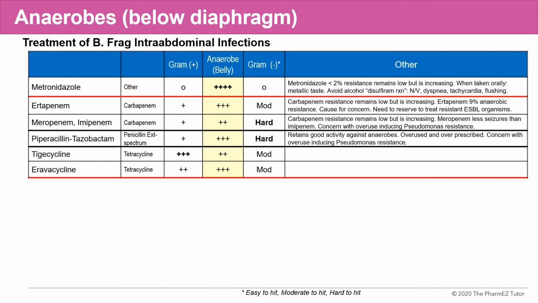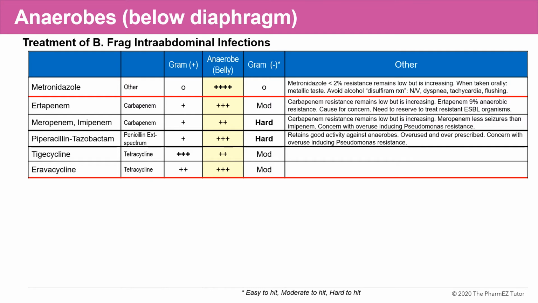For example, piperacillin tazobactam and meropenem imipenem are widely used antibiotics. These antibiotics are effective against Pseudomonas aeruginosa. However, inappropriate overuse of these agents, where Pseudomonas aeruginosa is not an organism that is causative, can lead to increasing resistance of Pseudomonas aeruginosa. For the other carbapenem, ertapenem, overuse can lead to diminished effectiveness against a multidrug-resistant organism named